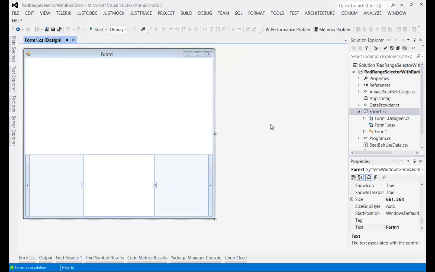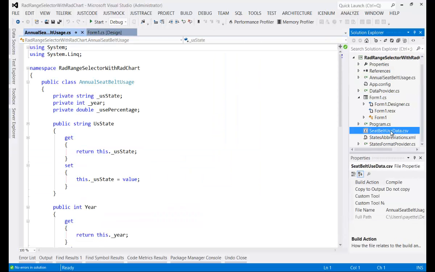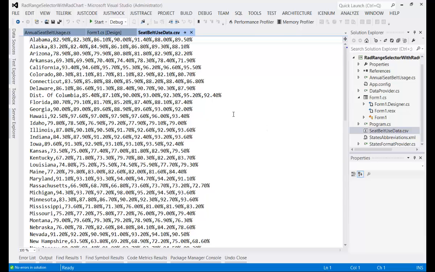Let's take a quick look at some of the data that backs this demonstration. So I have here a seatbelt use data.csv, so it's a comma delimited file with each state as well as the percent usage of seatbelts that were obtained for the state across multiple years. So here you can see Alabama, one year, had 82.9%